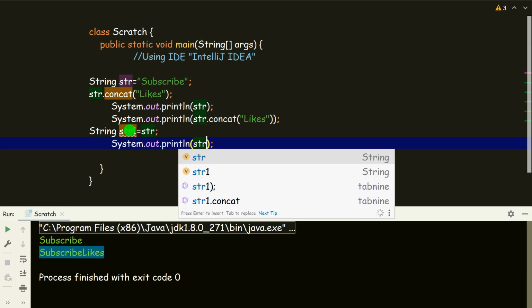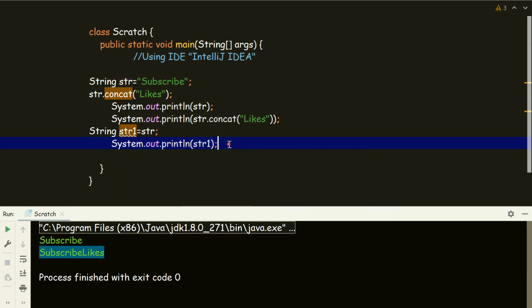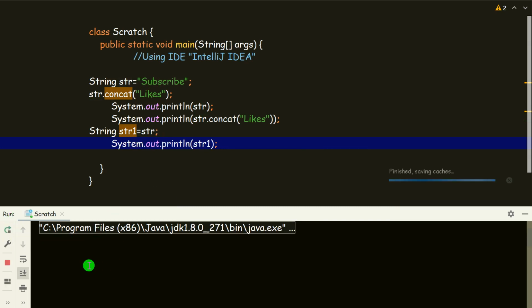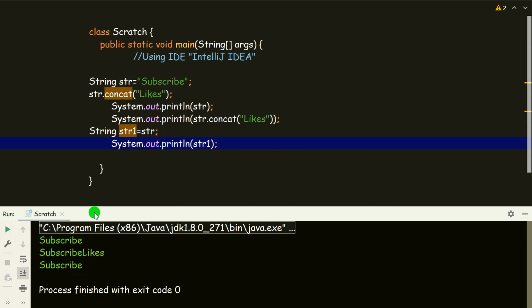So str1, what is happening over here is, see, we are assigning str's reference, the value of str, that's "subscribe". Let's first print it out and see. So str1 has also become "subscribe".